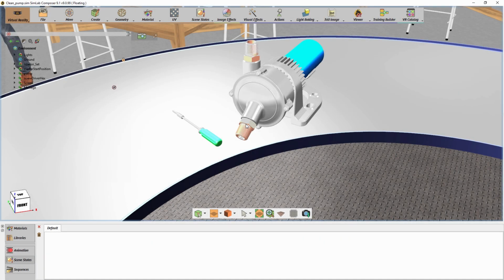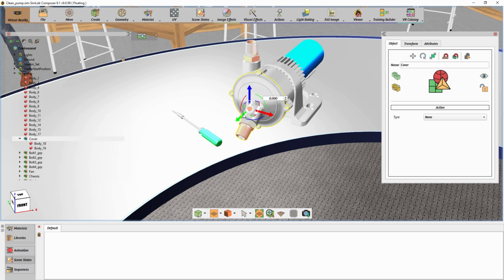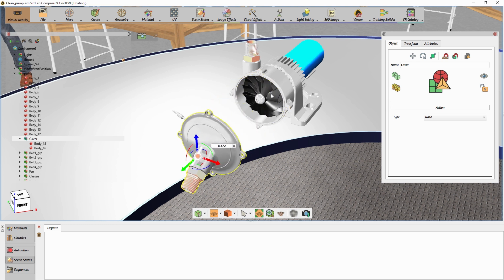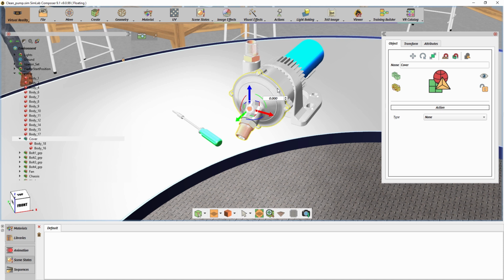In this tutorial, we are going to talk about creating a simple mechanical training in SimLab Composer using the Training Builder tool. The goal of the training would be to install a fan on the pump, then assemble the cover and secure. Before we begin, let's take a look at the Training Builder tool first, which can be accessed from